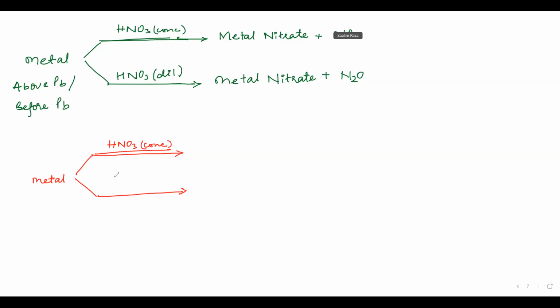Now, for the case of concentrated, it is easy. HNO3 which is dilute, and the metal is below Pb or after Pb. So what about Pb? If you have Pb or anything before it, it will have the same reactions. Generally, Pb is not very reactive, so if you have Pb, you write the above-Pb one. Metal, then you have below Pb or after Pb. You will get HNO3, then you have metal nitrate.